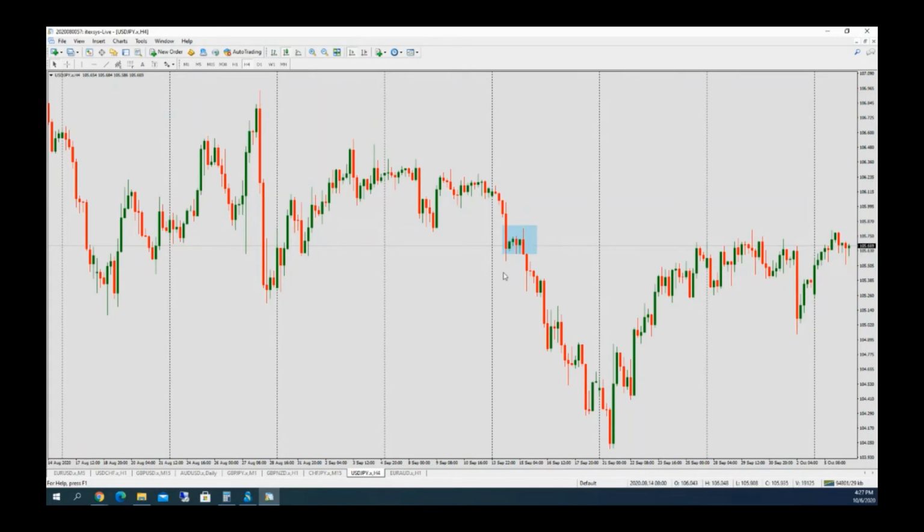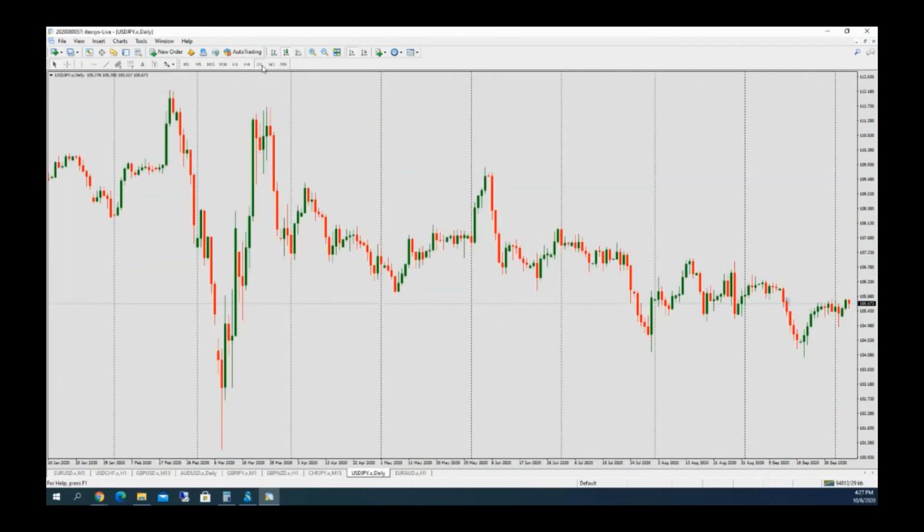Okay, so what was originally supply, after a while became a support. If you see this support, just take a look on the left and see the supply that created this support. Okay, and if we take a look on this daily chart, we will see here above